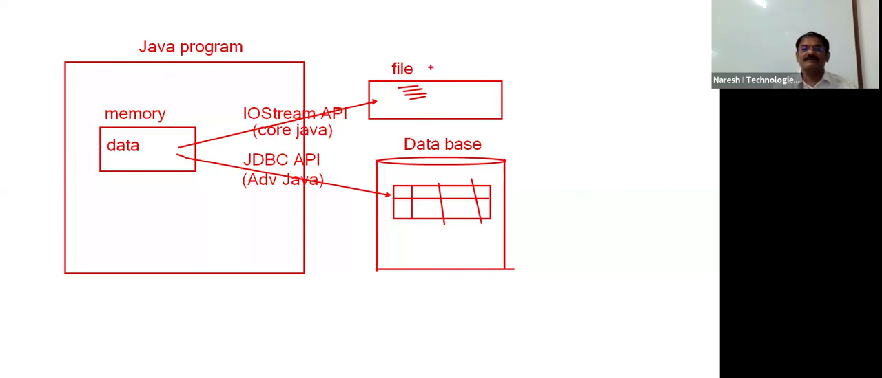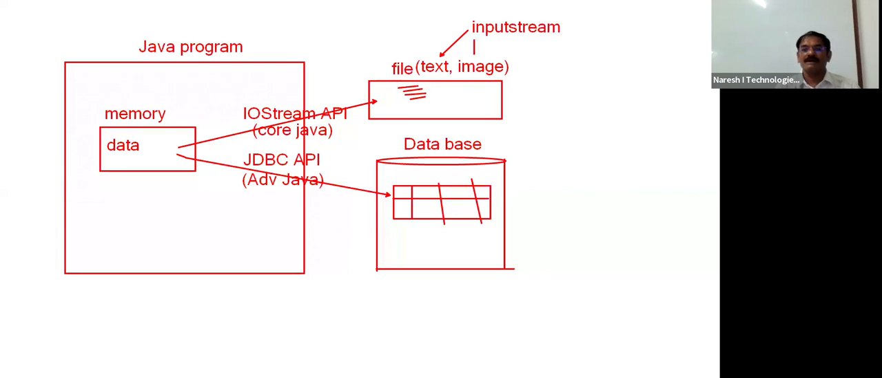Now, what is a file? A file can be a text file or an image file. We can read and write data by using the IOStream API. I can read and write data for only two types of files. What are those? Text file or image file. If you want to read a text file, I have input stream